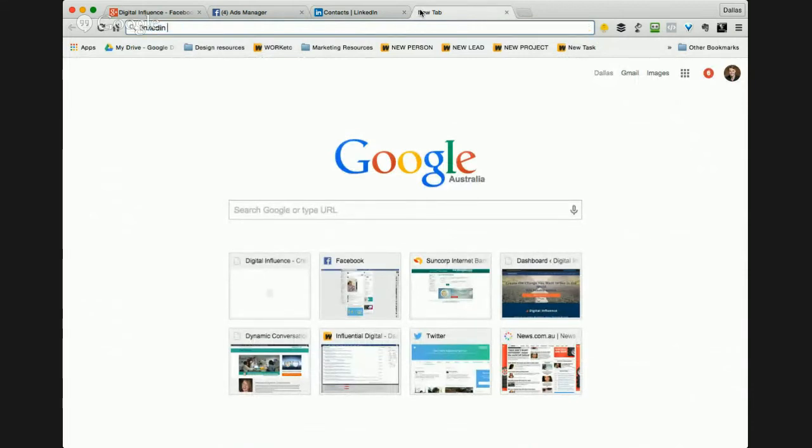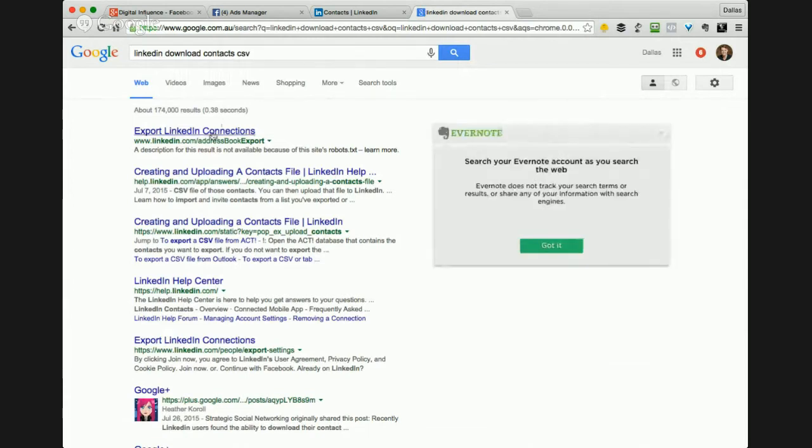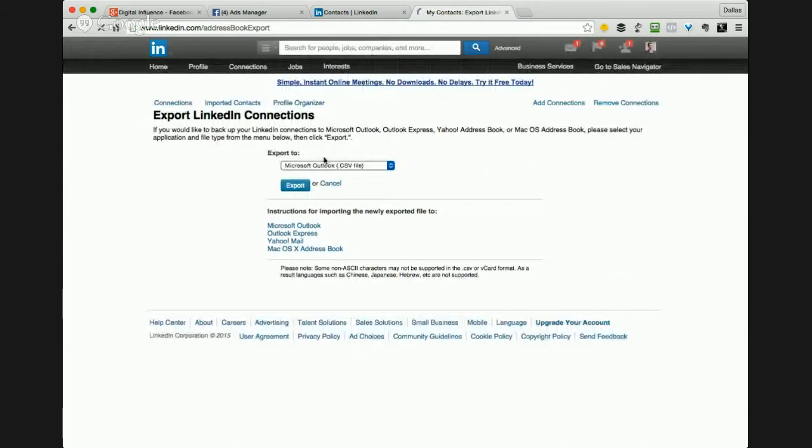So we'll just do LinkedIn download contacts, and what we want is a CSV file, which is like an Excel file but a different format. So we do an address book export. This is a different screen from where I've got it previously. We want to export it as a CSV file. Any CSV file is fine. So we'll just export it.